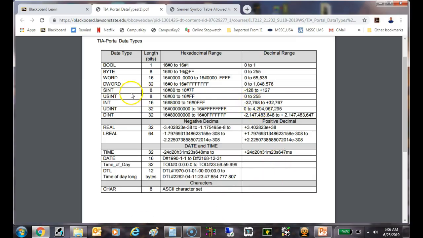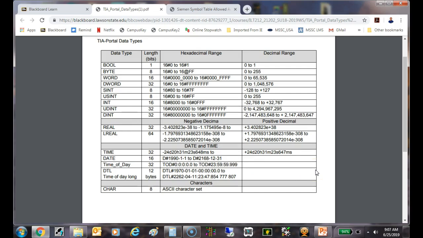So that means with integers, which are 16 bits, I can have numbers between -32,768 and 32,767. Unsigned double integers, I can have numbers between 0 and 4,294,967,295, which should get just about any industry through what they need to do as far as numbers go. And then if I divide that by 2, that's how we came up with the range that I have if I deal with signed double integers, right? That makes sense? Then we get into real numbers.